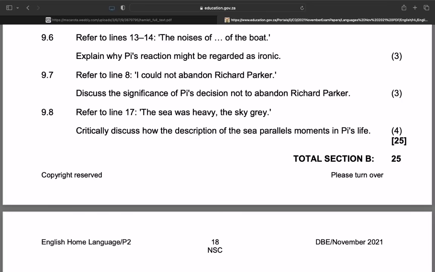right? So he adapted to the conditions on the lifeboat. Then he obviously got off the lifeboat onto the island, and when he got back onto the lifeboat, he was uncomfortable and unsettled. And this is ironic because one would assume that he was able to adapt. So he was on the lifeboat, he went off the lifeboat, got back on the lifeboat, and was so traumatized and unsettled and uncomfortable being on the lifeboat. That's the ironic part there. Okay,